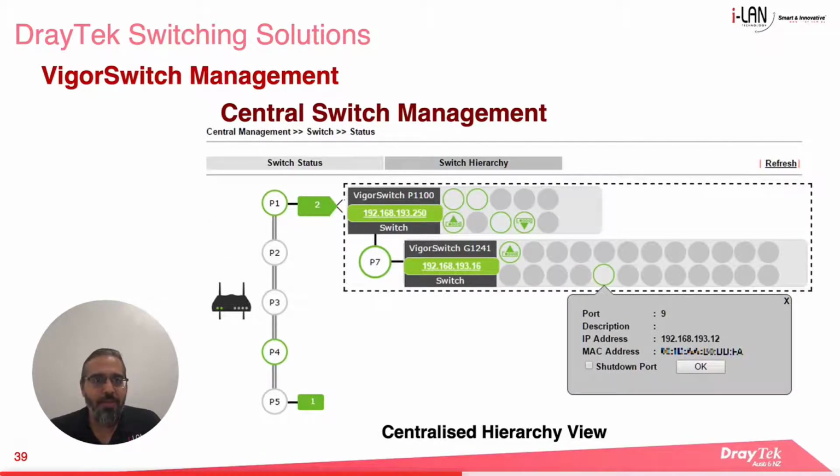On the status monitoring page, the router presents a hierarchical view of the Vega switches on its LAN, where you can easily find a device in the network topology. The colored icons show the different states of the Vega switch ports. These include uplink and downlink ports, and whether a port is in use, available, or in shutdown mode. Clicking on a switch port will show the port status. Here you can see port information, and you also have the option to shut the port down.